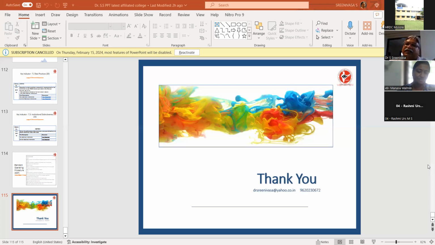The students may not know, they will come, get the degree, and go. But after 4 or 5 years, when they come back to you, they will definitely say, madam, you have given very good education, and because of your education and knowledge, now I am settled. Otherwise, they would just hand the degree certificate back and say, madam, keep it with you.